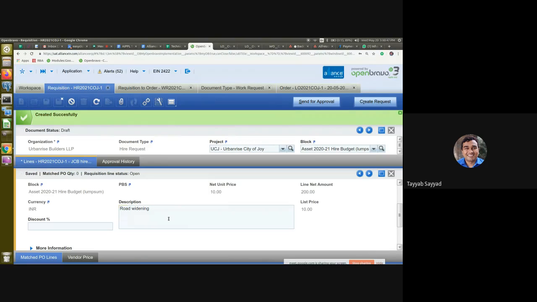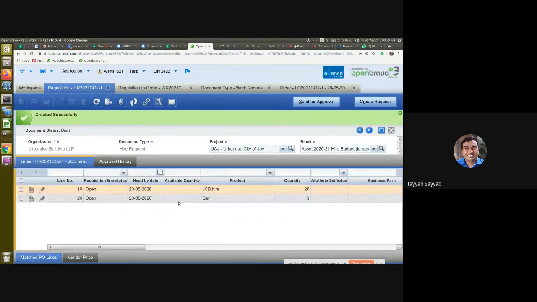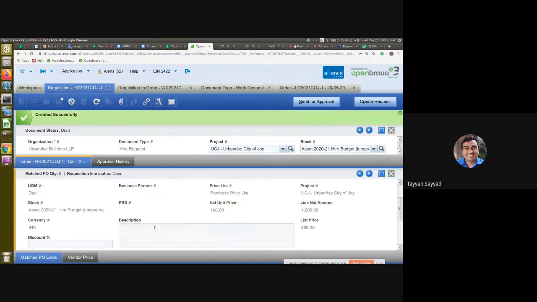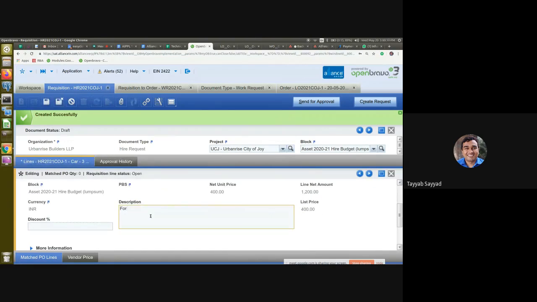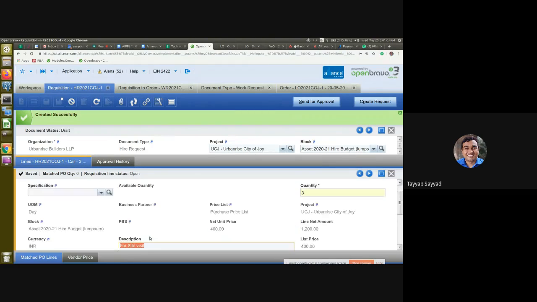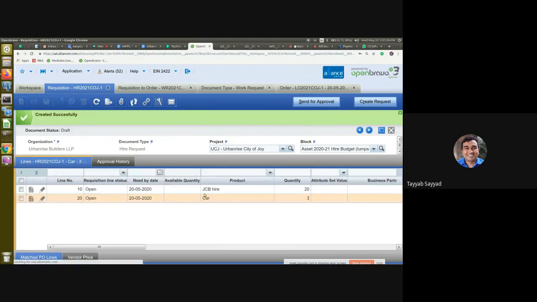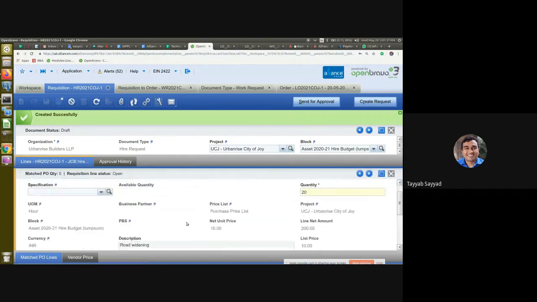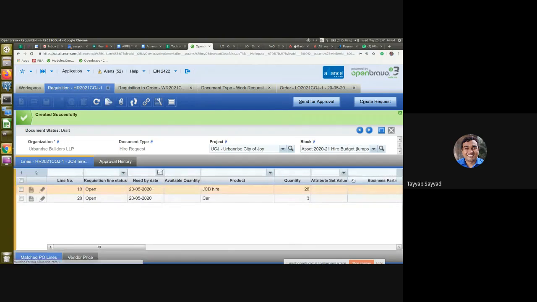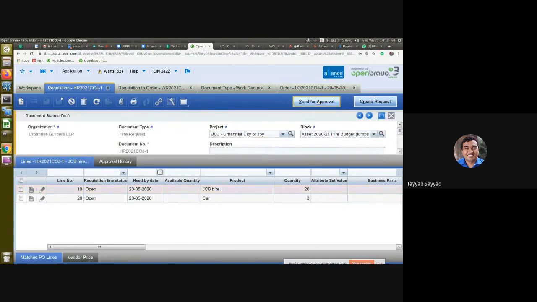And car I'll write it out for site visit. So I'll add the description for both the hiring things, why I'm adding them: site visit for the car, and the JCB is for the road widening. Okay, so I added the description why I needed these items, JCB hire and car, and then I'll send this for the approval.